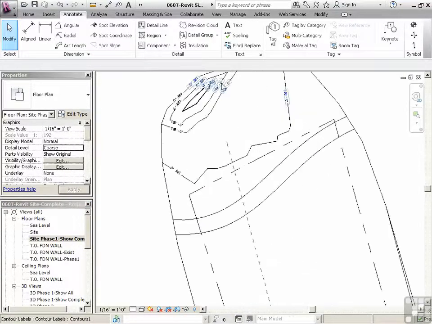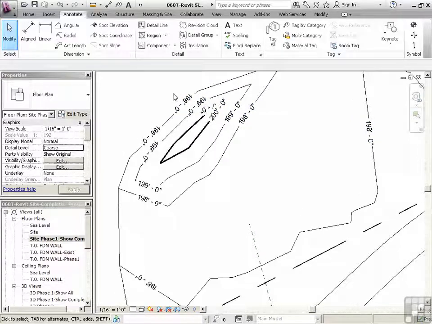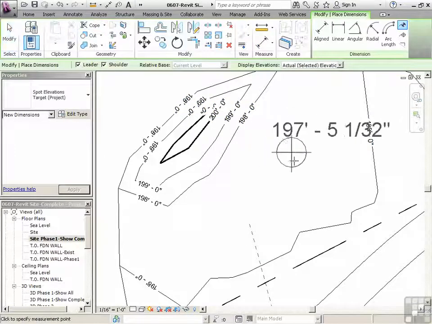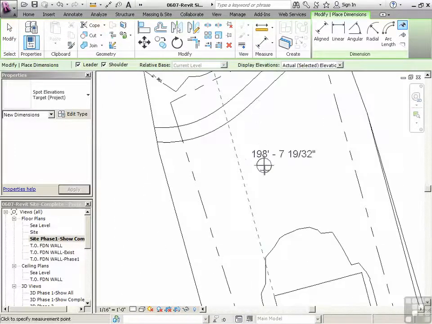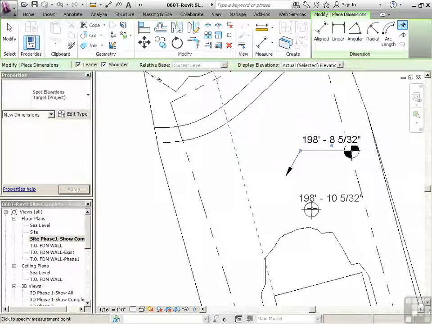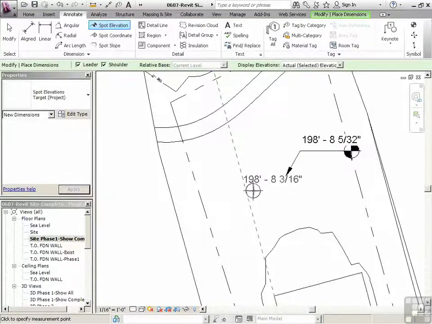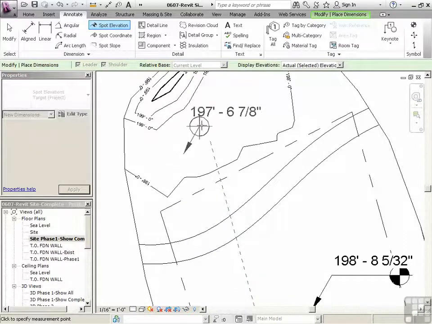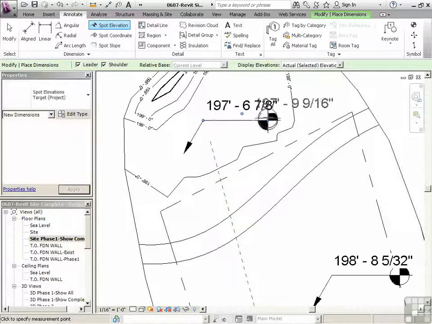So if we just zoom in here, we can see that we have all of the contour lines labeled, and they're a geodetic height. So it's above sea level, 198 feet, 198 feet there. Now, what if we wanted to just use a spot elevation and just say, how high is it right there? You're going to pick 3 points. So you're going to go to Annotate, Spot Elevation, and then you're going to say 1, 2, 3 clicks, and